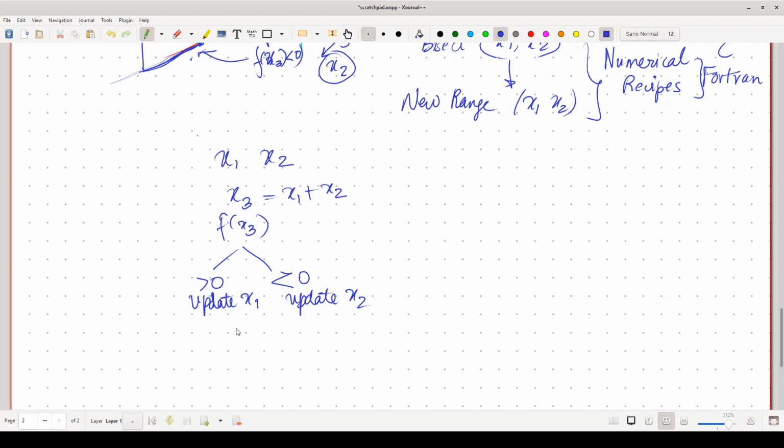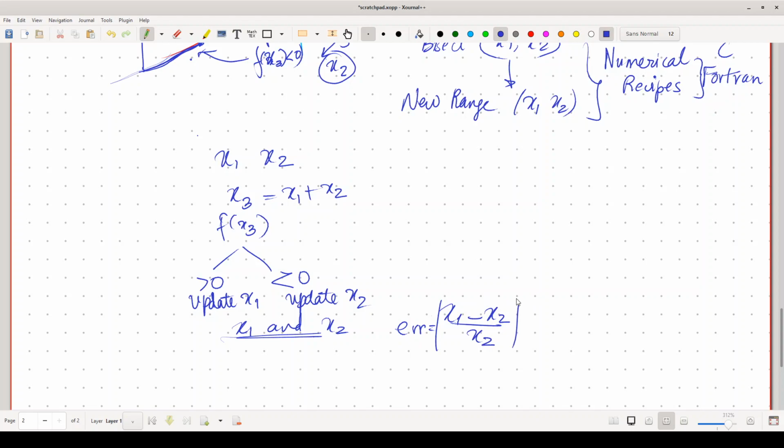So how do you check for the error? It all depends on whether x1 and x2 are close enough. So how do you check whether x1 and x2 are close enough? We have to check for the relative error between x1 and x2. So what is relative error? It is the absolute value of x1 minus x2 divided by x2. So this is the error.